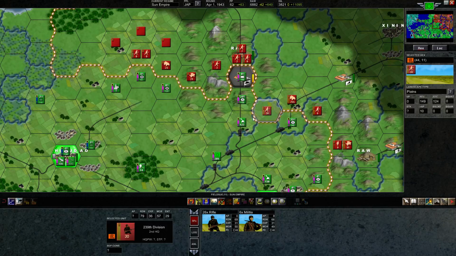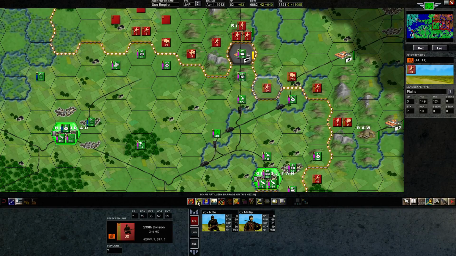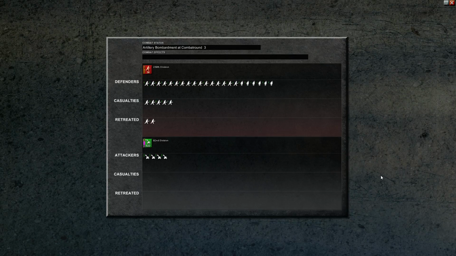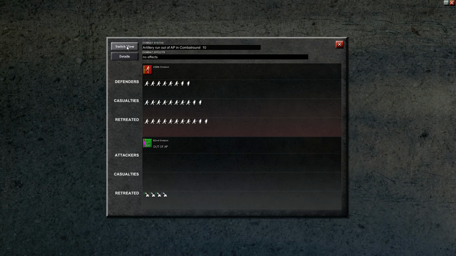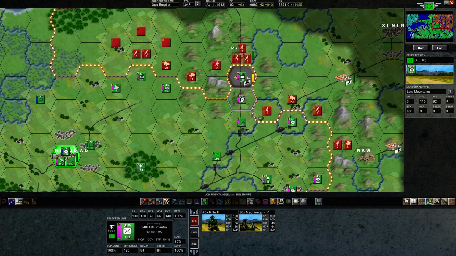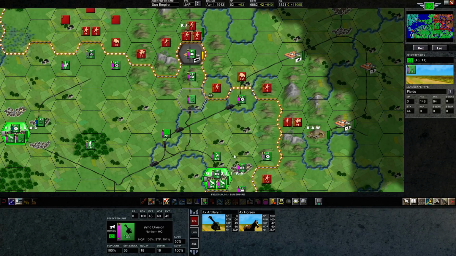Now here, they have pushed up right next to my artillery, which makes me a little nervous. So we will counter their move with bombardment. And they're almost completely wiped out. That's almost unfair. So it just doesn't really matter what I do. I think even if these artillery were still alive, they might even be able to attack. No, that would be foolish, but